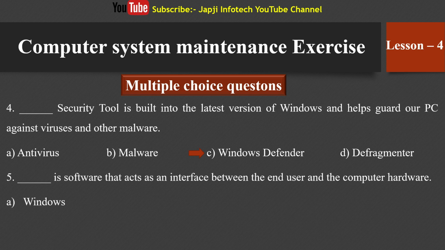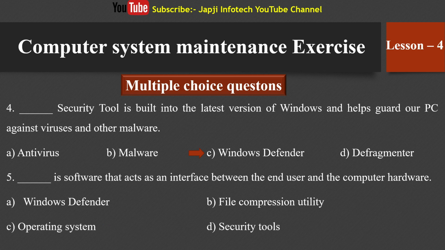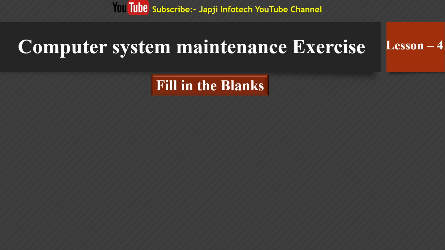And the fifth question is, dash is software that acts as an interface between the end user and the computer hardware. And the right answer is operating system is software that acts as an interface between the end user and the computer hardware. So now we will learn about fill in the blanks,